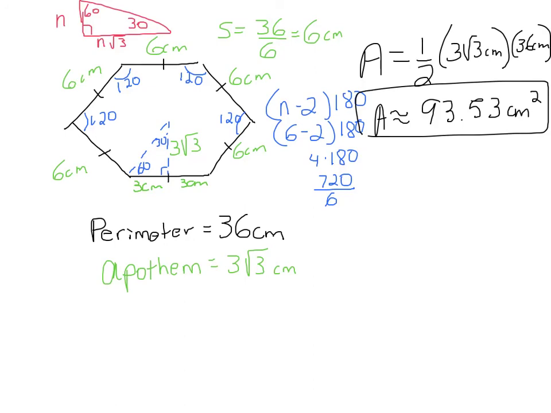And if you have any other problem, for example an octagon, a heptagon, or a nonagon, I'm going to give you the apothem and the perimeter. So all you have to do is put those two pieces of information into the formula, put it into the calculator, and you get your answer. Okay, so now let me go back to